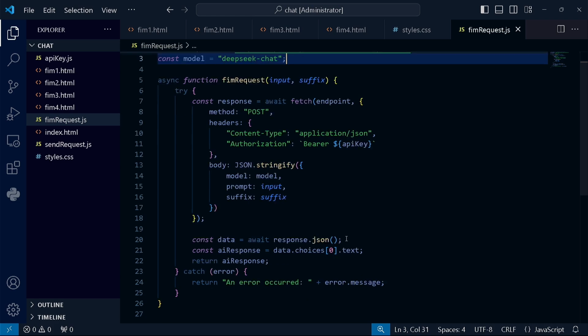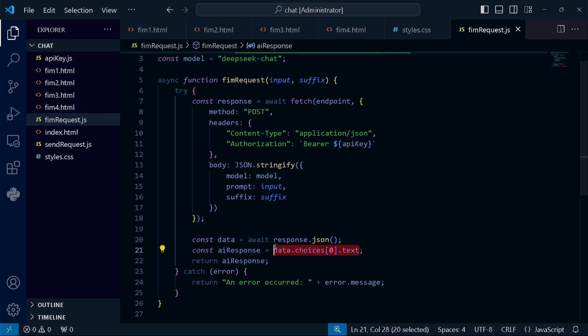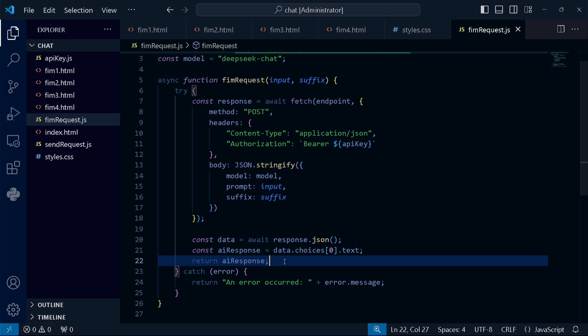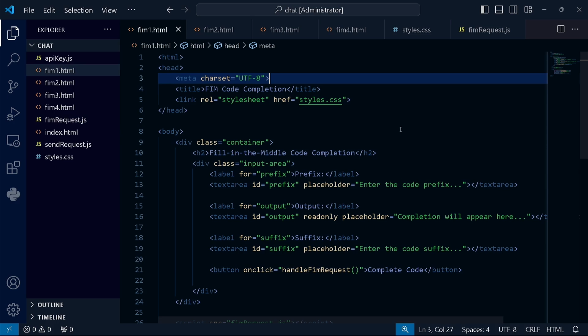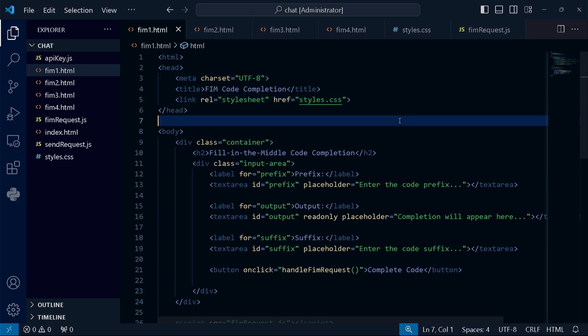Please note that we are retrieving a slightly different object than in the case of AI chat. Data, choices, text. It is returned as the result of the function. As you can see, the engine of our solution is not significantly different from the one that was in the AI chat. Simply, each large language model API is somewhat similar to each other. Believe it or not, this engine, this single function, will serve as the core for all 4 examples of fill-in-the-middle completion that we'll be covering.